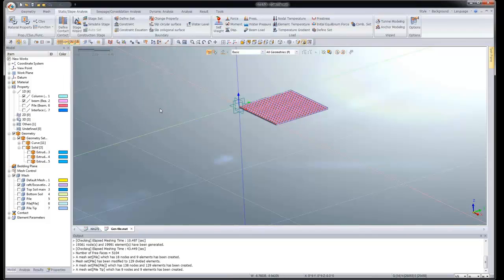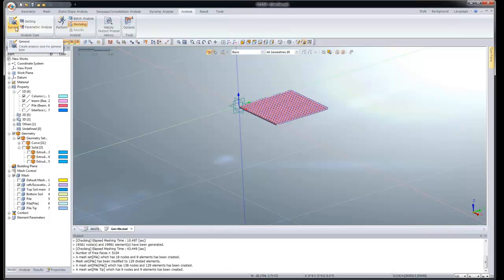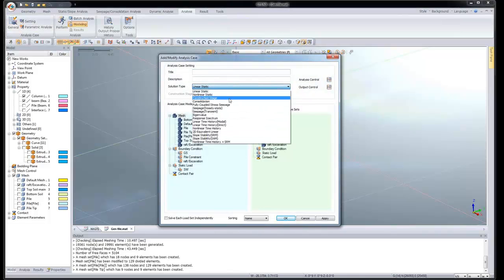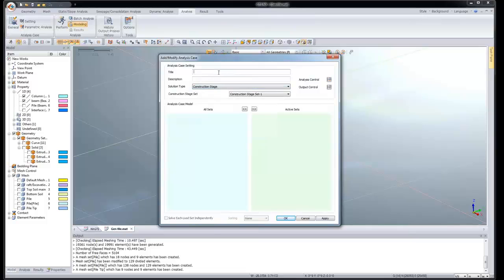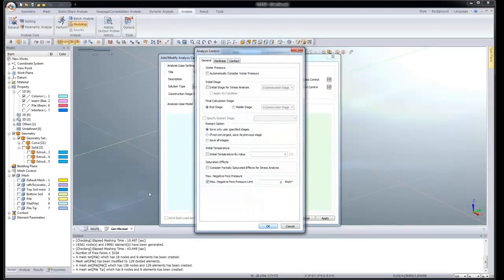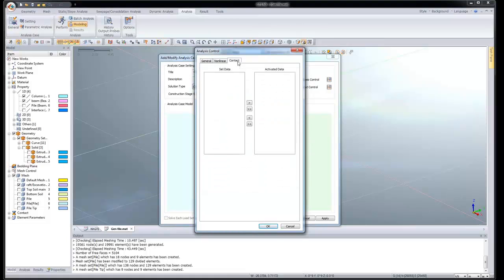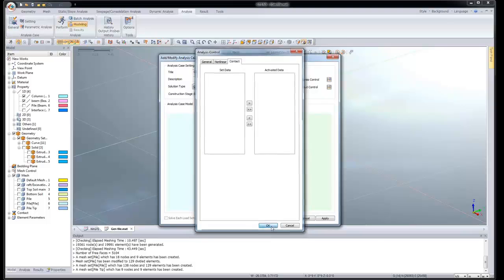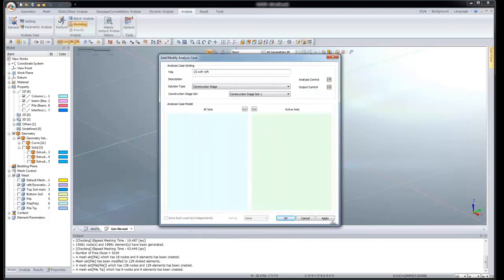So this is very simple to define the construction stage analysis with MIDAS GTS NX. Now you just need to generate the analysis case. Go to analysis, general, the solution type, just select construction stage. This is CS, that is construction stage with raft. In the analysis control, you can just check on the initial stage for the stress analysis as 1, and also you can control the other parameters like iteration, the number of iteration from here. We'll be using the default value. Just click apply, and the second will be the